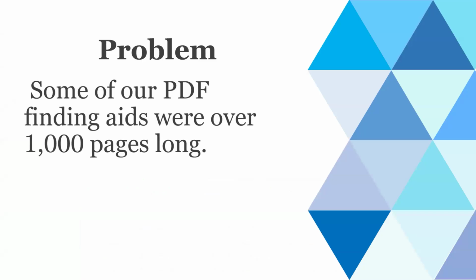Okay, another problem. Some of the finding aids that we generate through the normal process in ArchivesSpace are over 1,000 pages long, which obviously isn't too useful for most people. It's useful for printing maybe sections or for us to have one copy in our reading room, but not so much if people want to be able to have their own copy, or for us to be able to regularly print people a copy. So the solution for this one, again,